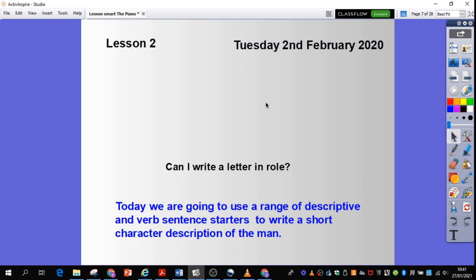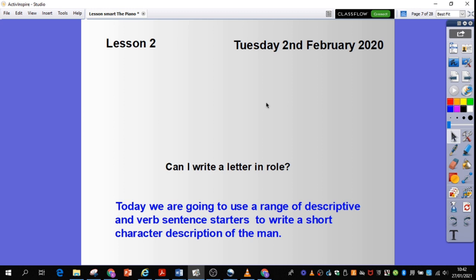Hello Year 6, this is lesson 2 of our 2-week writing unit where we are going to be writing a letter in role. Now if you remember yesterday I said I would tell you later on in the week who you will be writing as and what you need to do in terms of the letter writing. But today we are going to be using a range of descriptive and verb sentence starters to write a short character description about the man at the very beginning, when we see him right at the very beginning of the